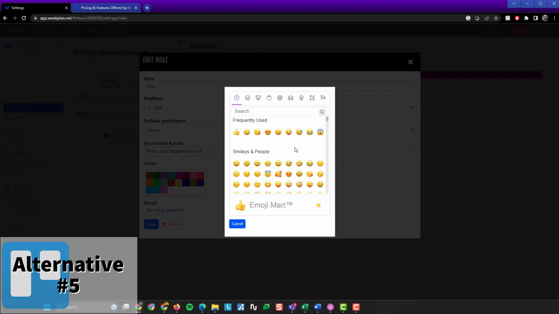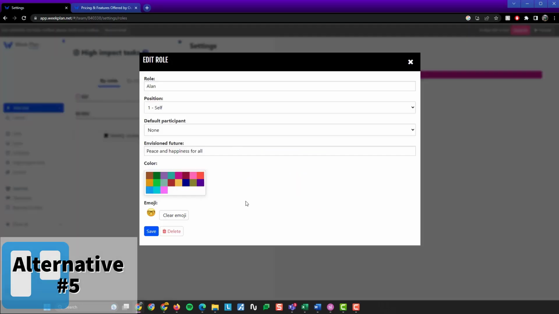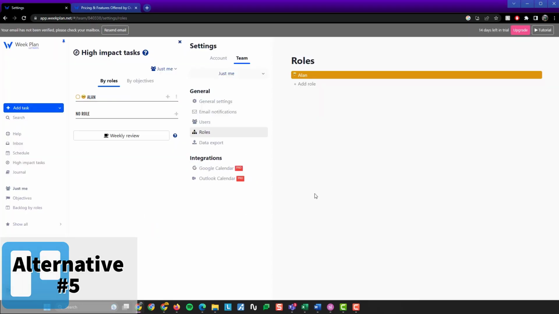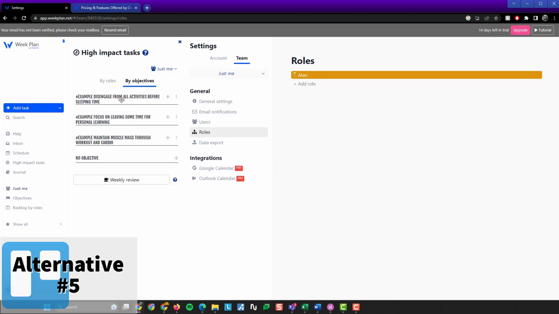Emoji. Okay. Where's the, is it called nerd? I quite like to use the nerd emoji. I wear glasses. There we go. So save. That's me. Okay, I don't know what that does, but that is me. Let's have a look. So we've got me, objectives, example: disengage from all activities before sleeping time, focus on leaving some time for personal learning, maintain muscle mass